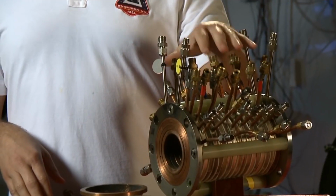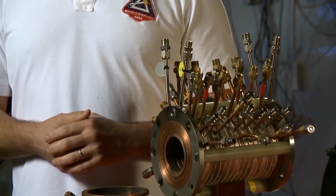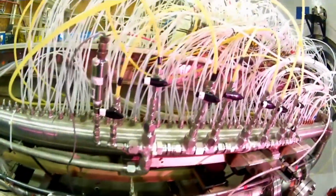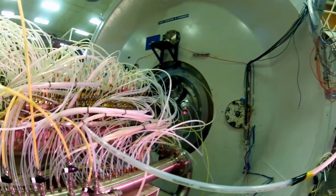So the basic operation of the ArcJet is to simulate the reentry environment. The nuts and bolts of it is you want to take gas and take it to a very high energy level. And the heater is the workhorse of the ArcJet facility. All the components come together to make the test work, with high pressure water cooling for the cooling of the segments, to the test gas, the nitrogen and oxygen, to the electrical power, and then into the vacuum system